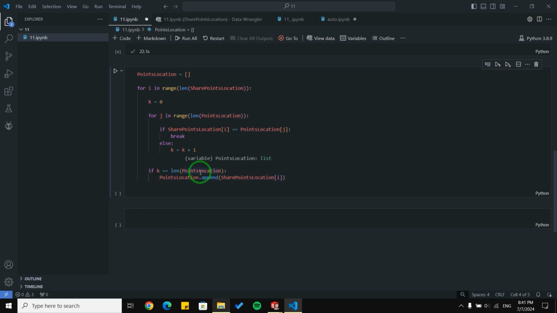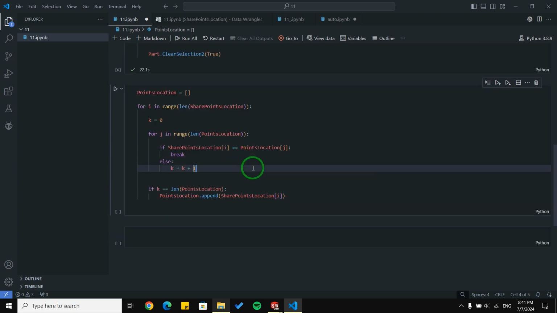Okay, if I want to explain this block of code very fast, you can assume we have 2 tuples.